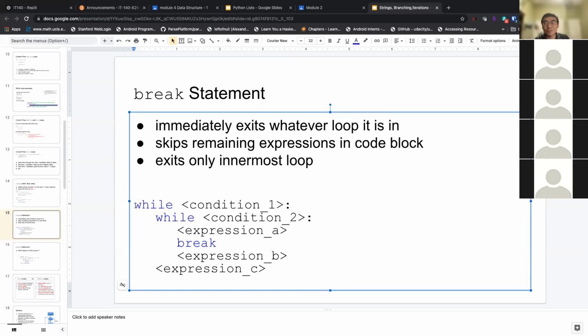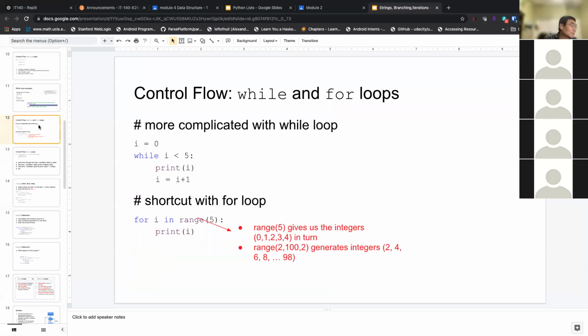And oftentimes you can actually nest loops inside loops, right? This is called a nested loop, where you have a while condition, and then the inner loop, and once you finish all the inner loop, you go back and increment the counter on the outer loop and go through the inner loop again. So the total number of operations will be the number of outer loops times the number of inner loops, right? So it's a multiplication. But if you break, it only skips the innermost loop. Just keep in mind, if you have multiple loops, it will go back to the outer loop and continue. If you only have one level of nesting, then it will just break out of the loop. So that's the break statement, okay?